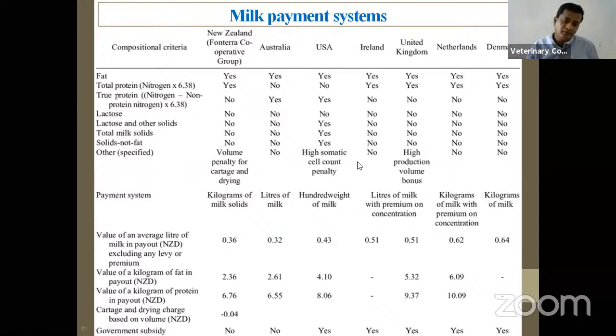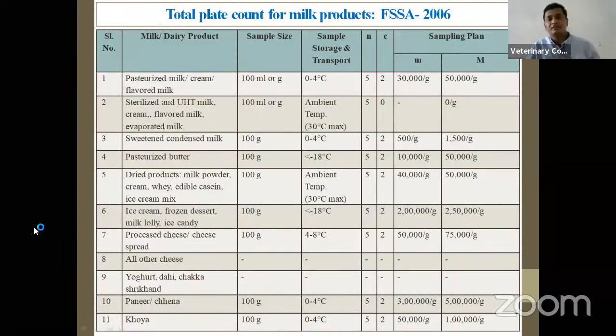In India, the milk payment by and large is based on the fat content. While SNF is also taken into account, because fat and SNF are related entities, SNF content is considered for whether to accept the milk or not. If the SNF is low, milk is rejected. But payment is made based on the fat content of the milk.